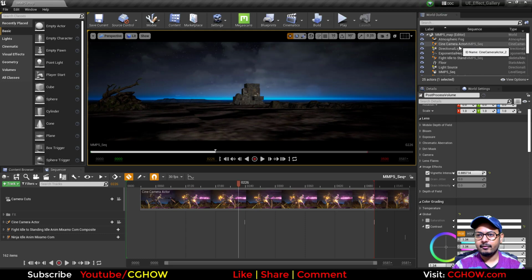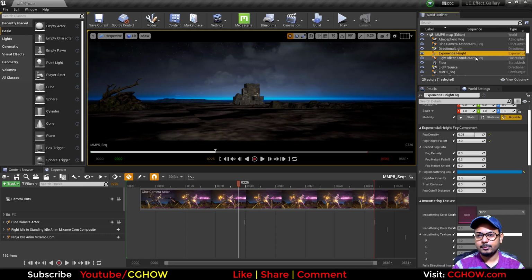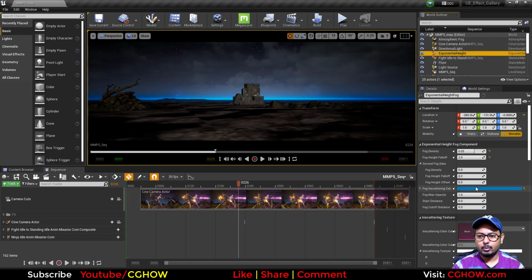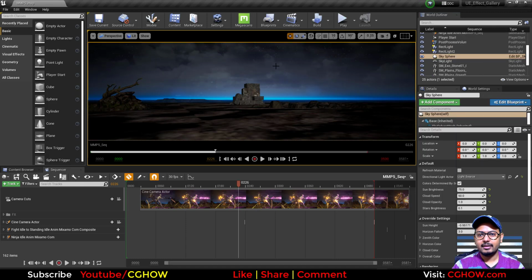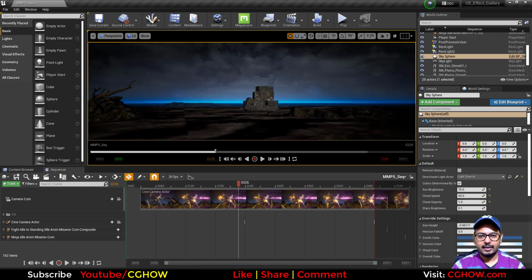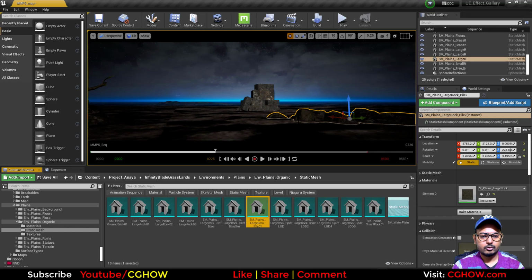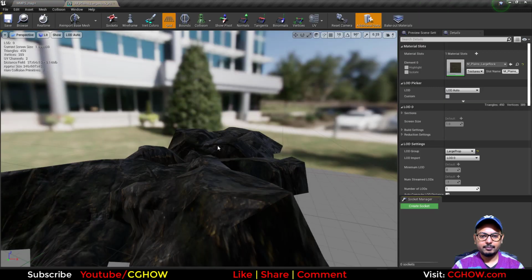Then I have this exponent height fog, and blue color, you can see of course this horizon, and then fog density is 0.03 and fog height offset is 2. These three options I just changed. Then for the sky I changed the speed to 50. By default it was 1, so I'm using 50, so it's moving fast. Then these behind rocks are also coming from infinity